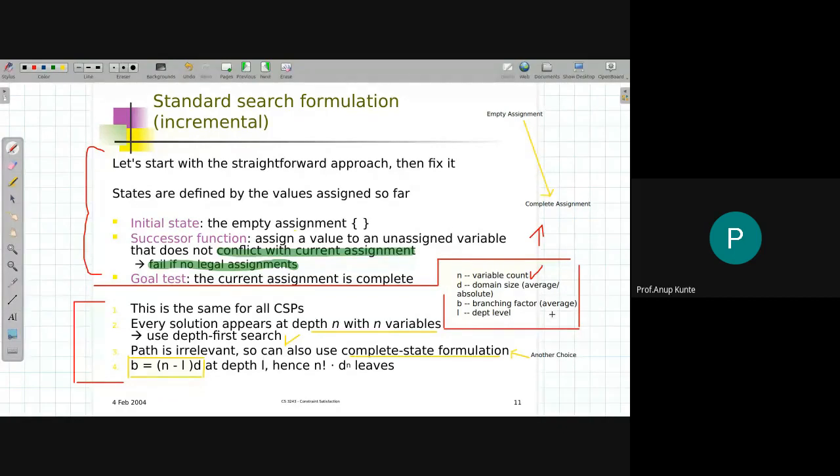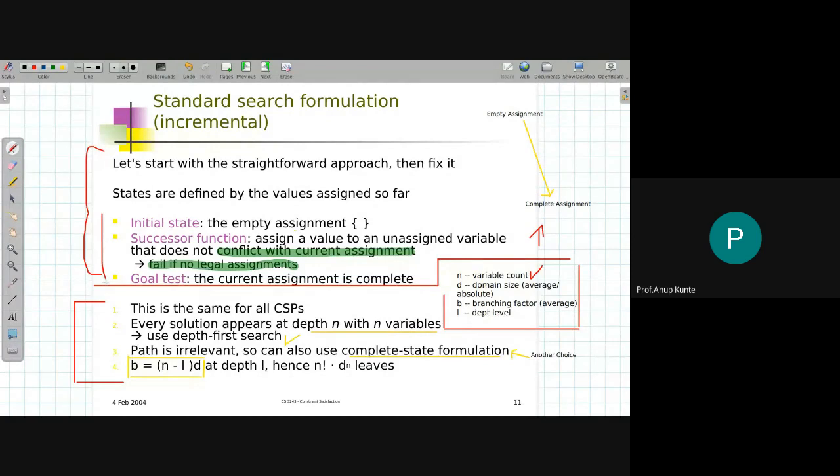Understand that some of the assignments are not possible and you can backtrack to the other assignments. Okay, so exactly that is done in this backtracking algorithm. That is the practical version of this theme. So this is a theme of how we can solve a CSP problem in an incremental formulation. Using an incremental problem formulation, how I can solve a CSP problem. That is what this 3-step algorithm yields you.